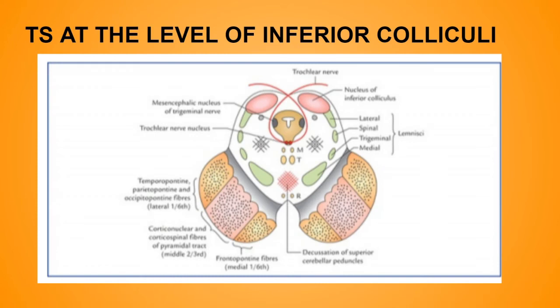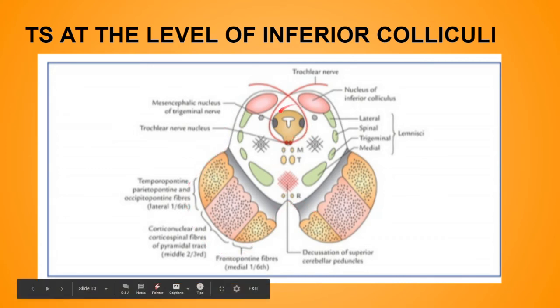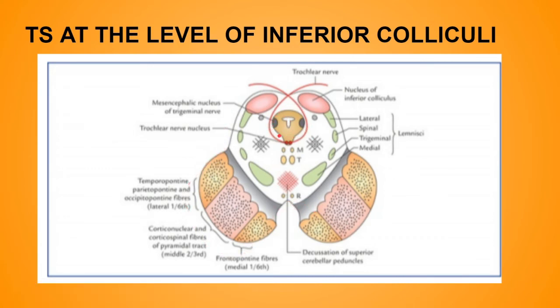Now what structure will we find if we do the TS at the level of the inferior colliculi? So this is the TS at the inferior colliculi level. First of all, the grey matter. The central grey matter contains the cerebral aqueduct at its center and basically two nuclei, as you can see: the trochlear nerve nucleus and the mesencephalic nucleus of